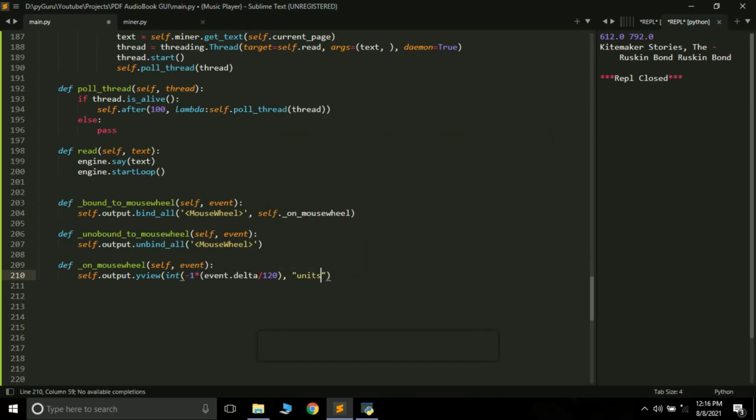Basically it will find the position of our mouse wheel, divide it by 120, convert it to an integer, and then move up or down in these units. If the value is negative one, we will move upward. If the value is positive, we will move downward.